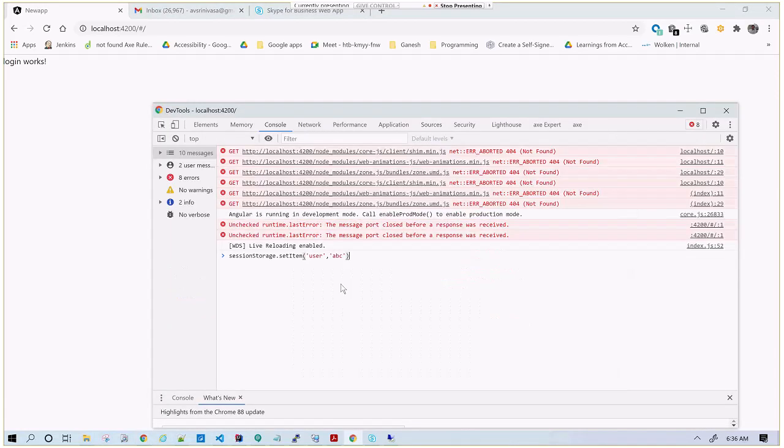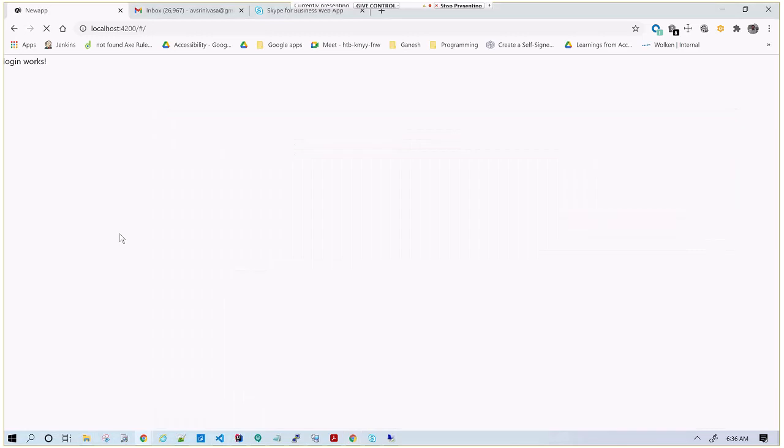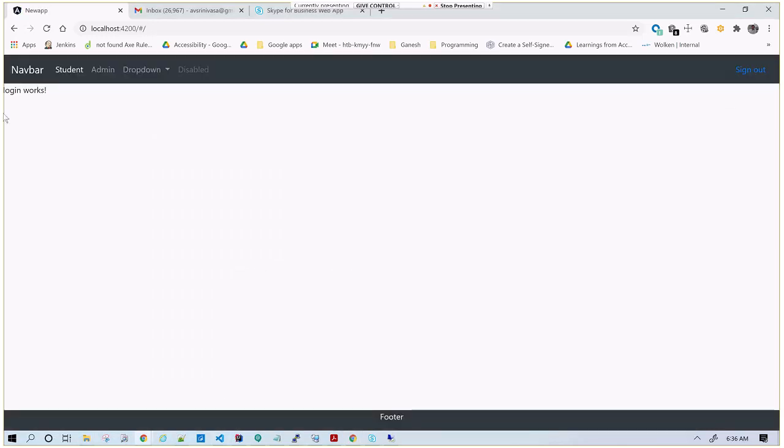I just added one dummy user. So if you see here, this is a header, and I have added a footer.